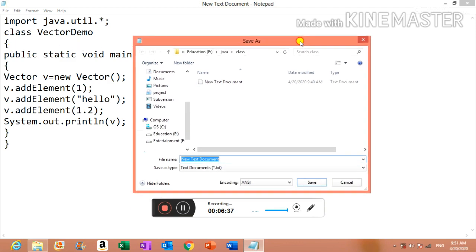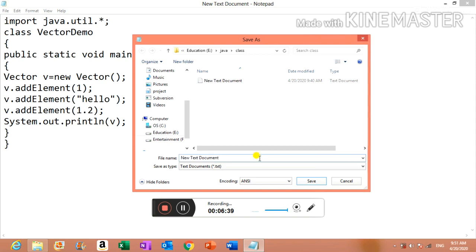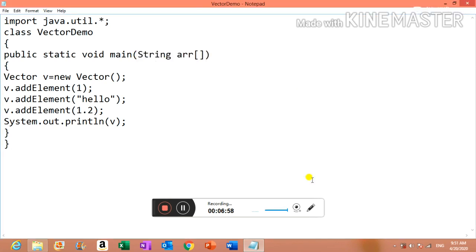So while saving the file also you should give the same name, right? VectorDemo.java. As it is a Java file, I should save it with the extension .java. So VectorDemo. I am clicking on save.